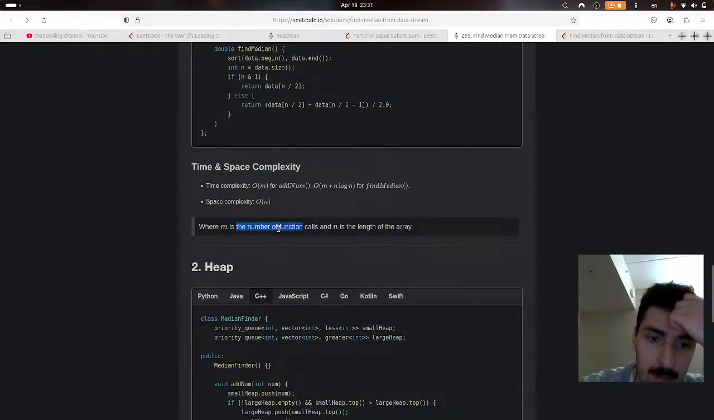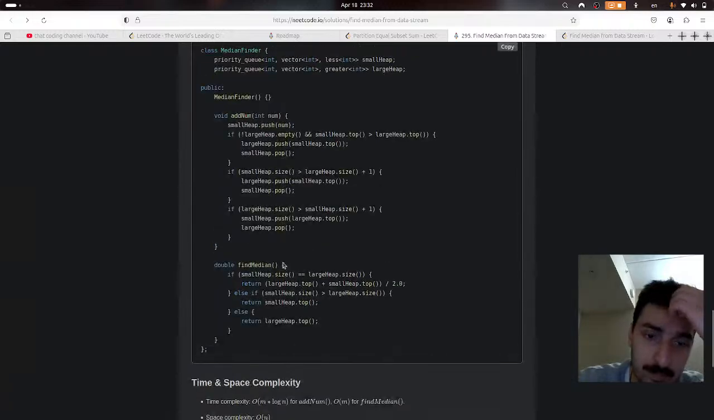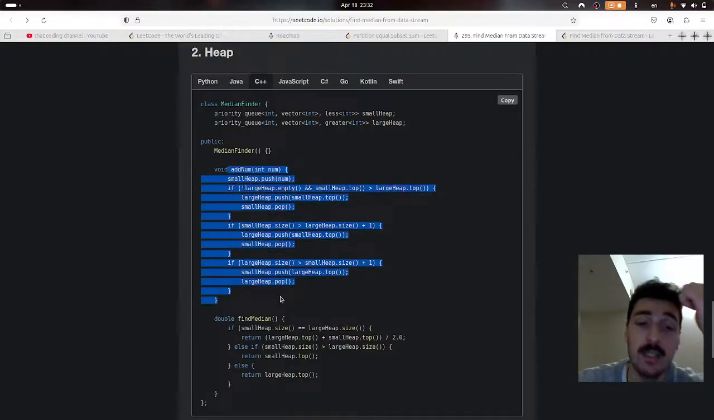Where m is the number of function calls and n is the length of an array. All right. Add number. So adding a number is a